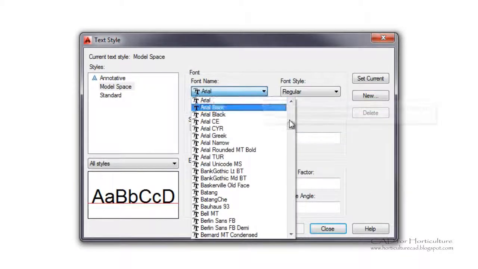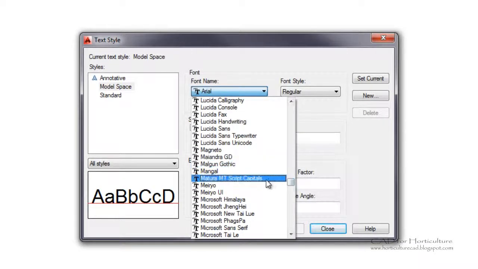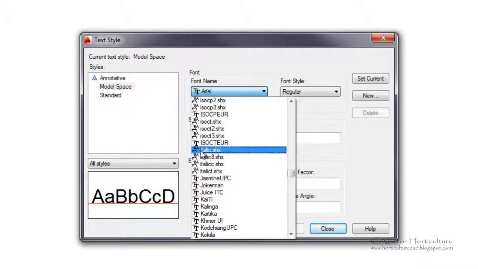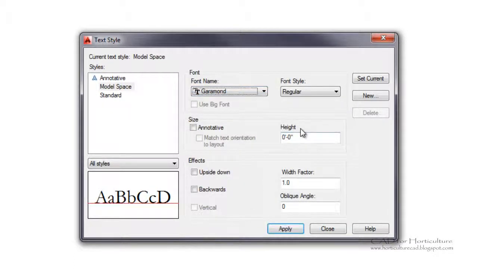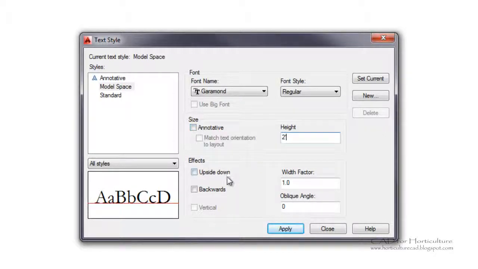You can go in here and you can pick any font you like. These are all the true type fonts, they have the two T's. The old shape fonts have these little symbols next to them. So I'm going to pick a true type font. Garamond is a good one. And I'm going to call the height 2 feet. So I want my text height to be 2 feet. I'm not going to play with annotative at this time. I'm not going to do any of the other effects. And I'm going to say